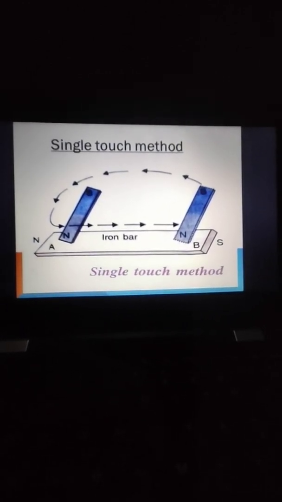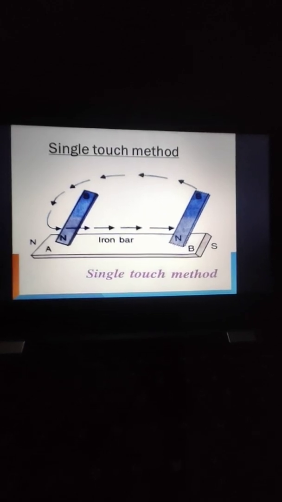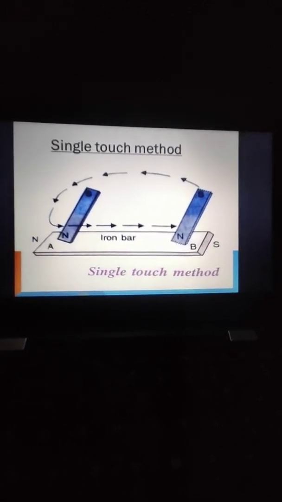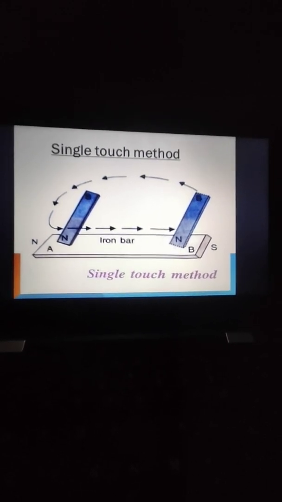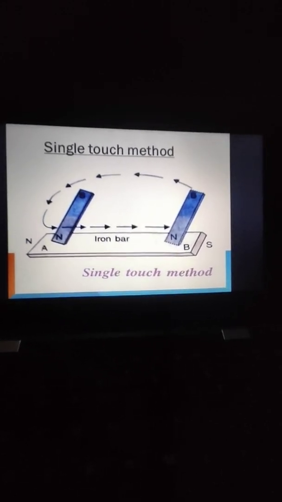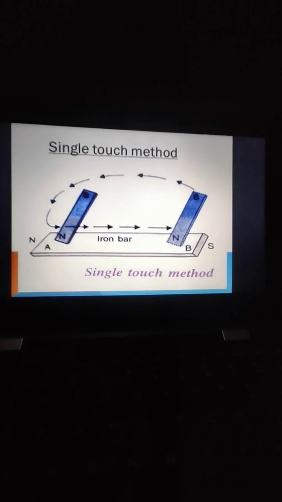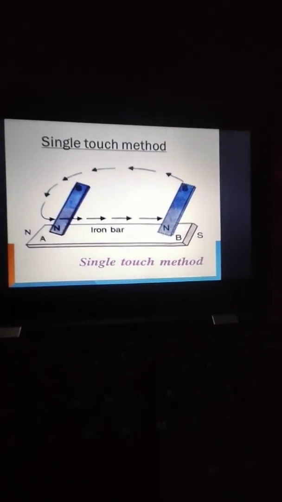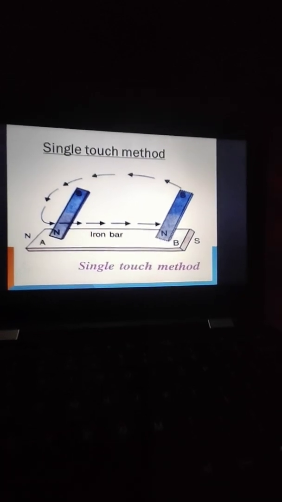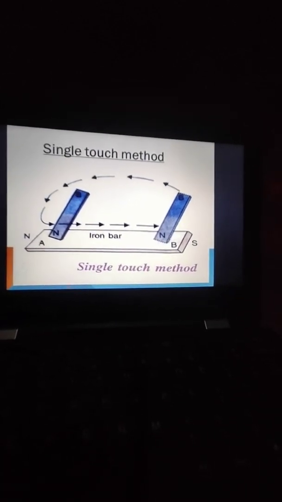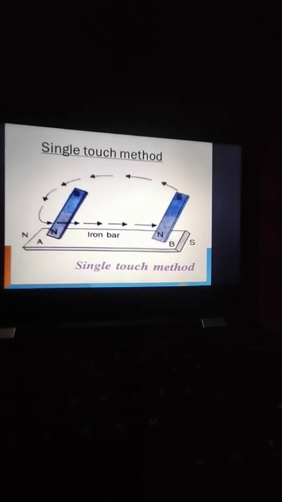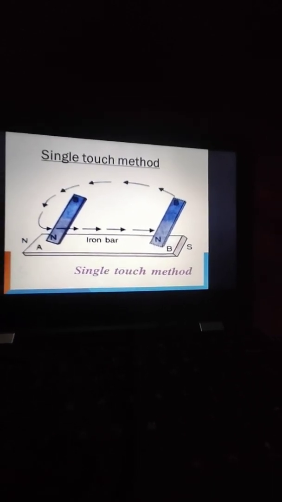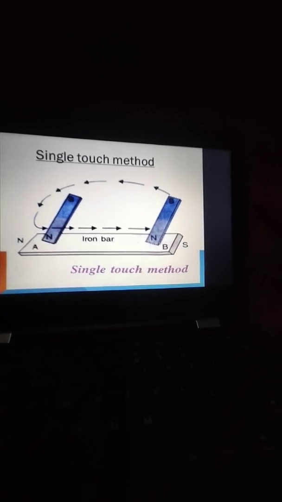So what do we have to do in the single touch method? We will place an iron bar named AB on a table. Then we will take a bar magnet having north-south poles and place it in the vertical direction with the north pole at the end A, as shown by the dotted lines. Then we have to move the magnet as shown by the dotted lines and repeat this process